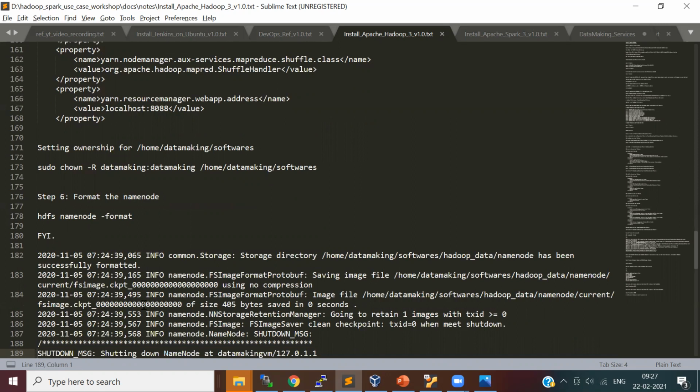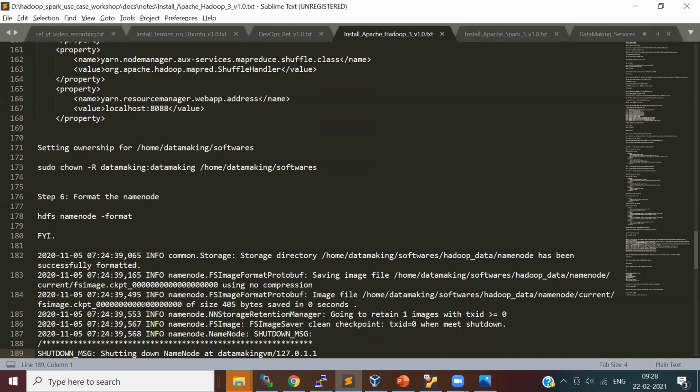Whenever you format, just make sure you handle this command very carefully, because when you format, the entire data will be wiped off from your name node. So this is a one-time activity, and you have to use it very carefully.